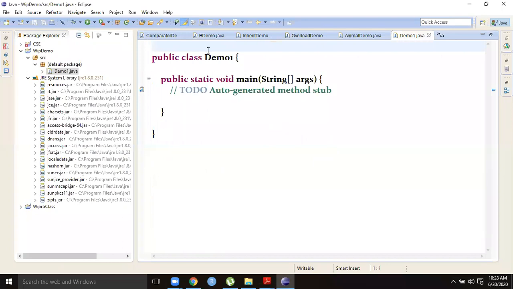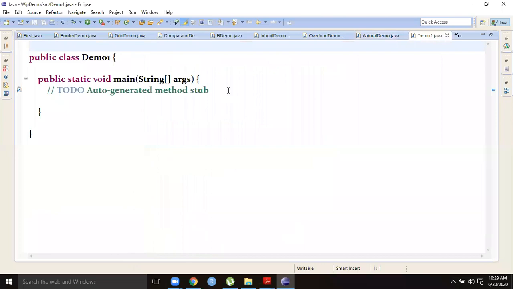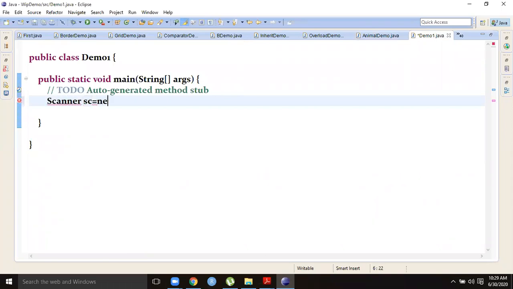Fine. Suppose you want some Scanner class, for example Scanner sc equals new Scanner. I'll show you each and everything.